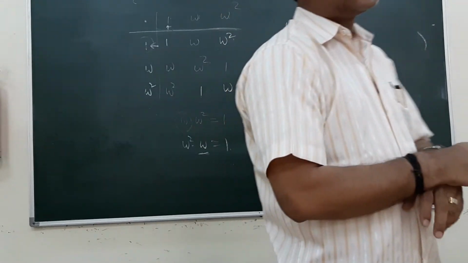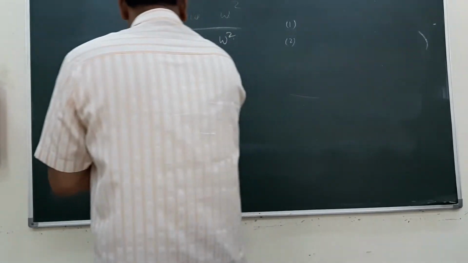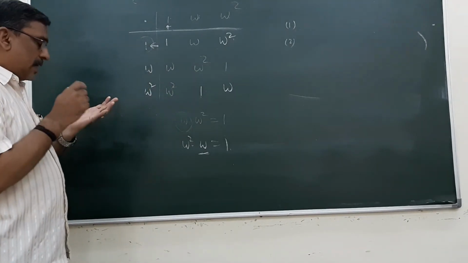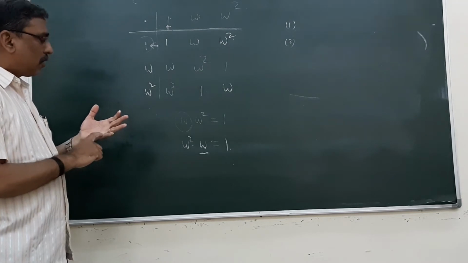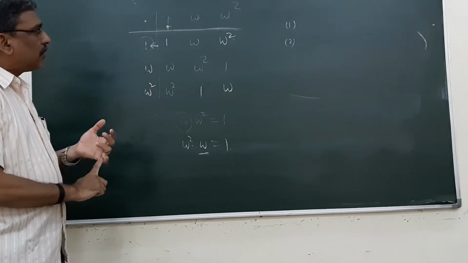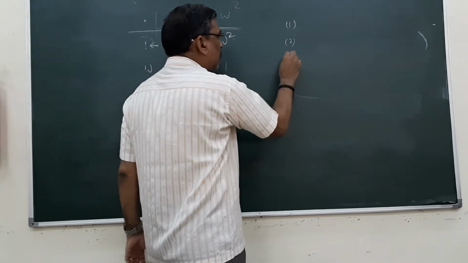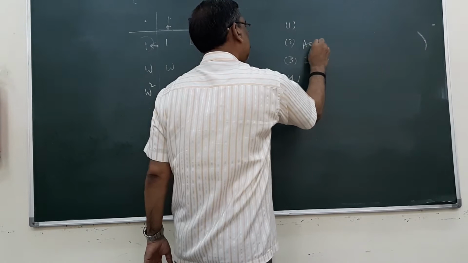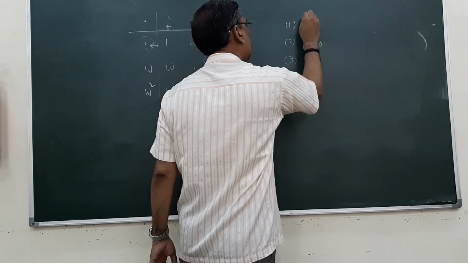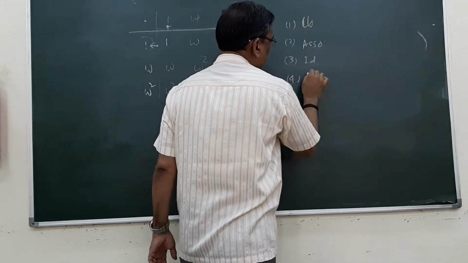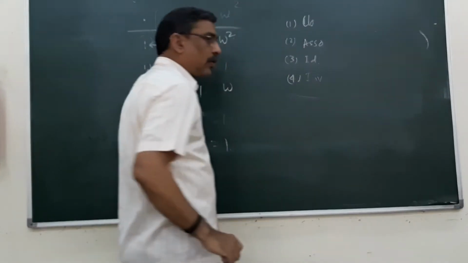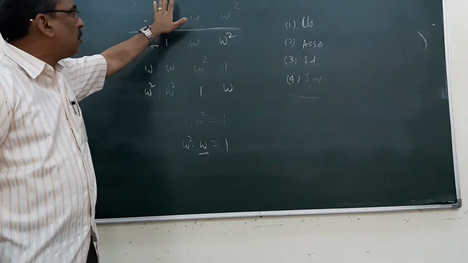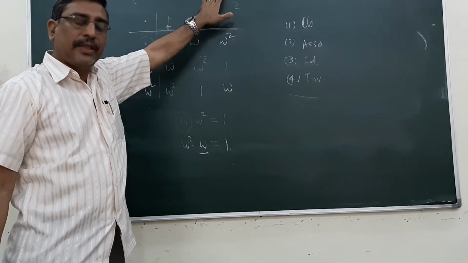So inverse exists for this algebraic structure. So I can say as closure property holds good, associative property holds good, identity holds good, inverse property holds good. So this algebraic structure, or this non-empty set with this binary operation,